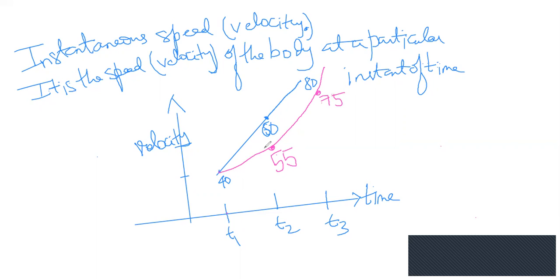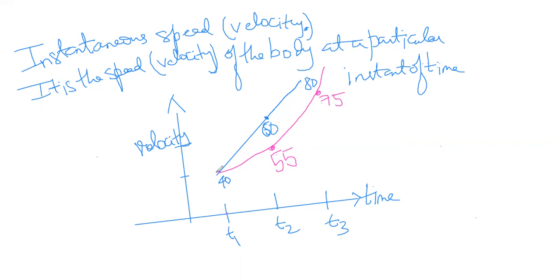Is it understood? It is not necessary that they should form a straight line. There is no such necessity. They may form a curve like this. That is not a problem. But what is instantaneous speed? At that instant of time, if you draw a straight line like this, what is the meaning is, for